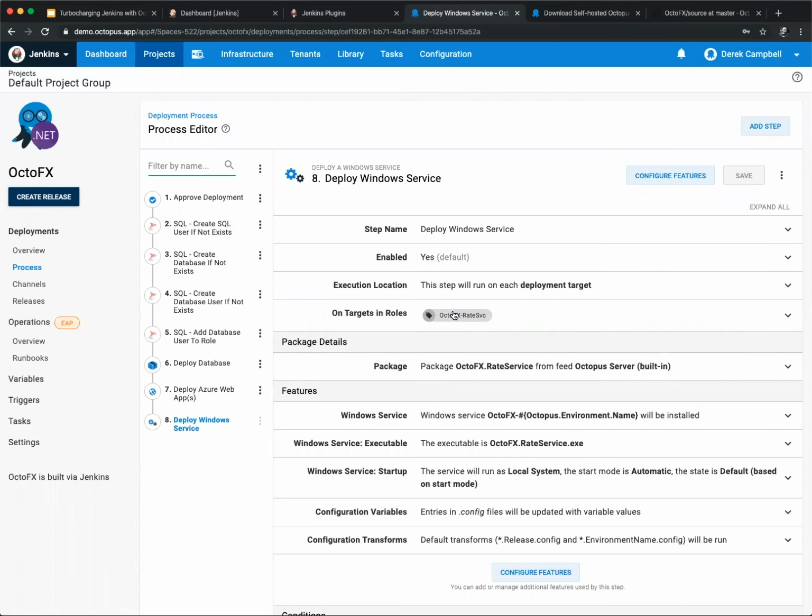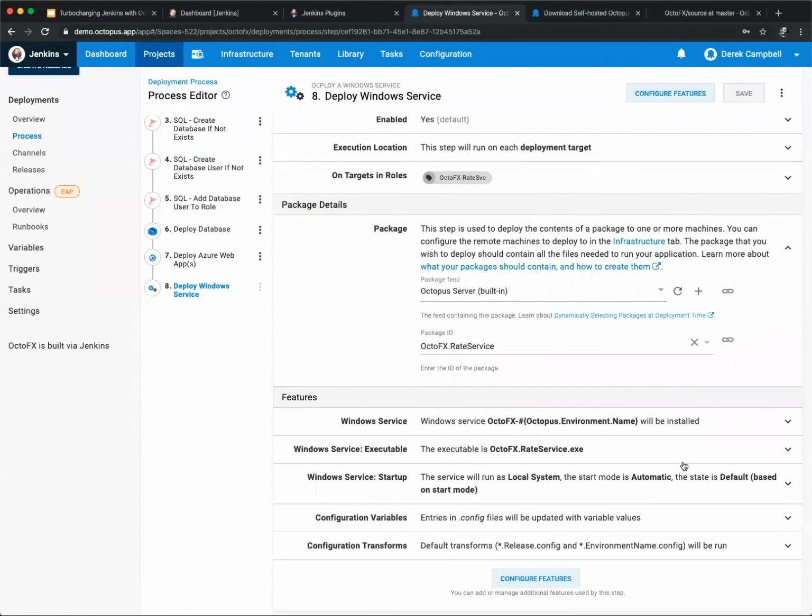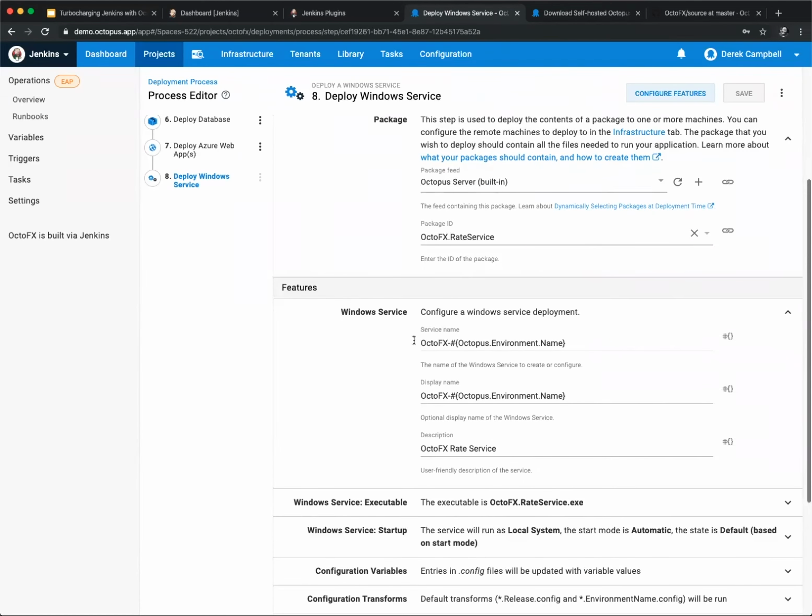What we've got here is this is going to run on the rate service server. It is just a single server. We're specifying the package to use and the built-in feed. What you've then got is the naming of the Windows service. So as this is a shared